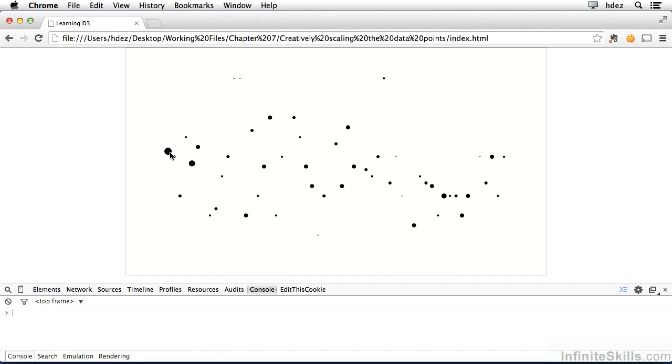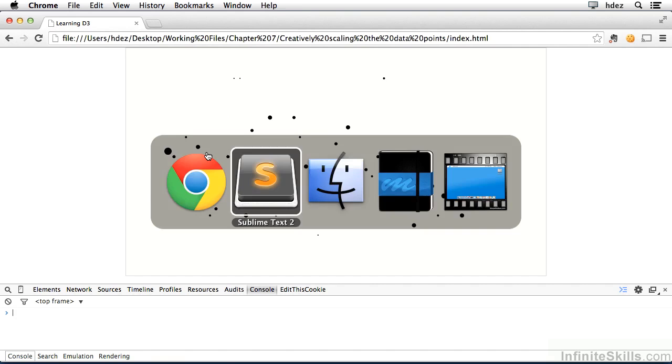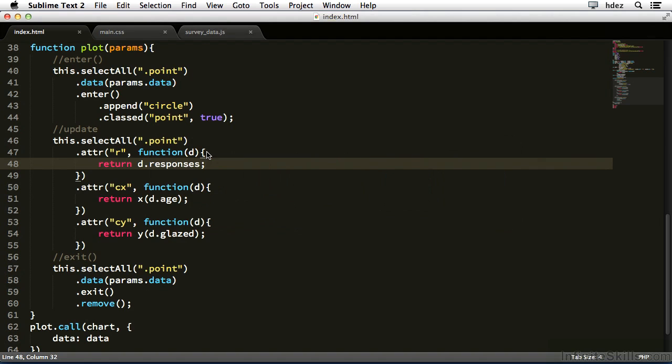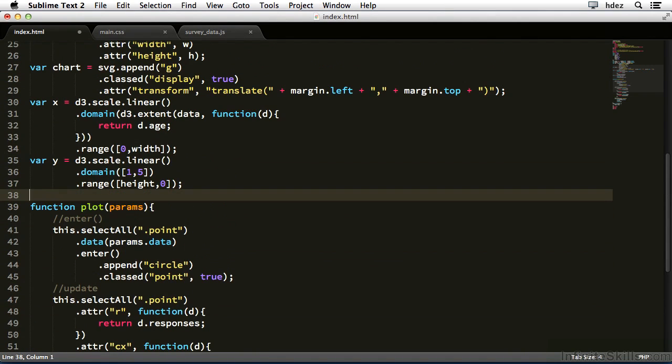The biggest circle versus the smallest circle does have a pretty good difference, but it's the in-between values that need a little bit more help visually to give them a good differentiation. So let's head back to the code, and we'll create a scale that we can use in order to scale the size of the points. Just after the creation of the y-scale, we'll create a variable called responseScale, and we'll set that equal to